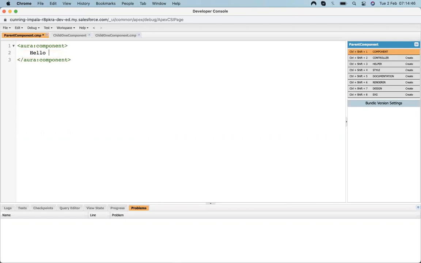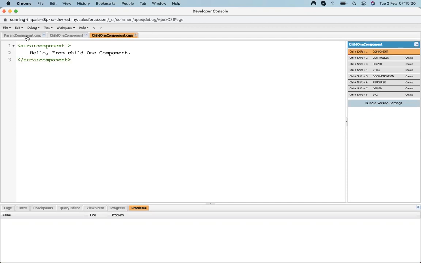Let's type hello. In this component, just write hello from parent component, and here in the child component, hello from child component.